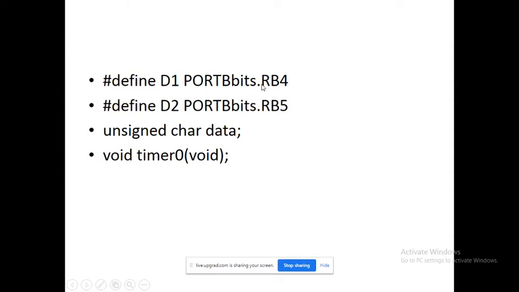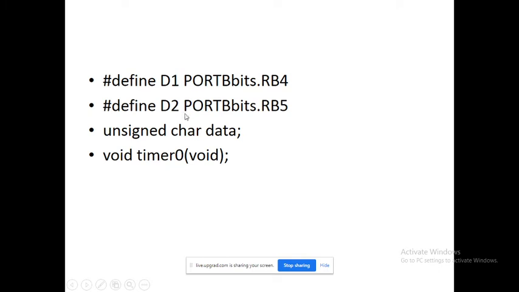I'm just using here port B and pin number B4, and I'm connecting one device, an LED, and its name is D1. Similarly, I'm taking another LED, that is D2. It is connected to B port, pin number B5. In this fashion, wherever I connected the LED, I'm defining it here. We can use any port, any pin number, and whatever port and pin number you are considering, you must declare. You must define that.